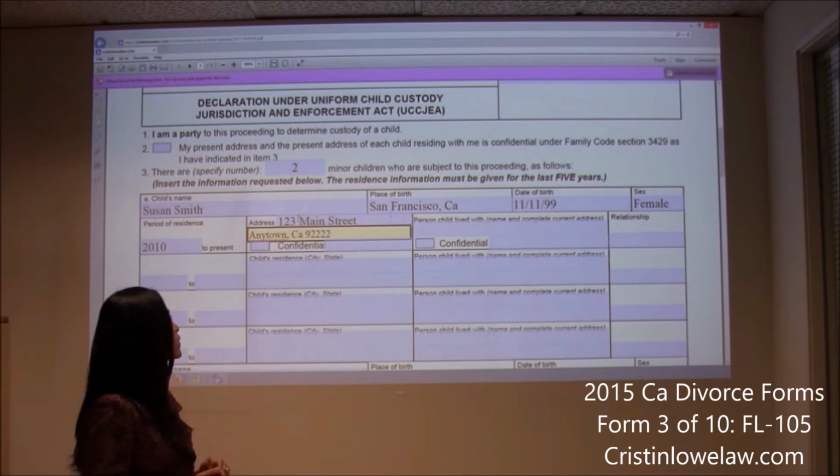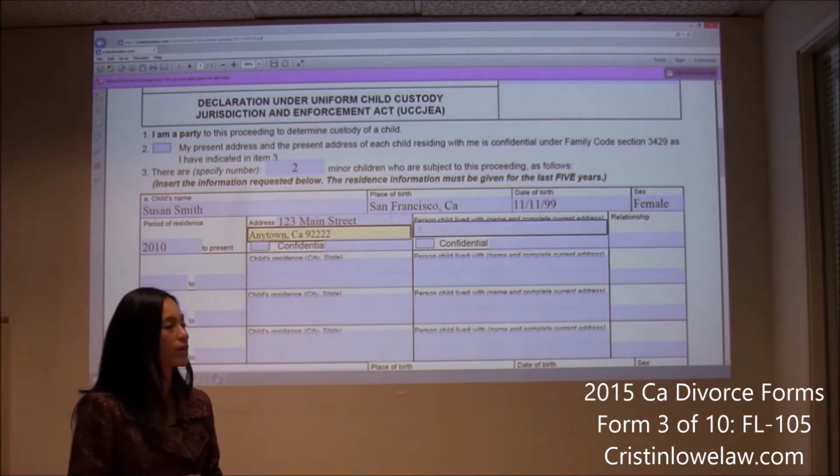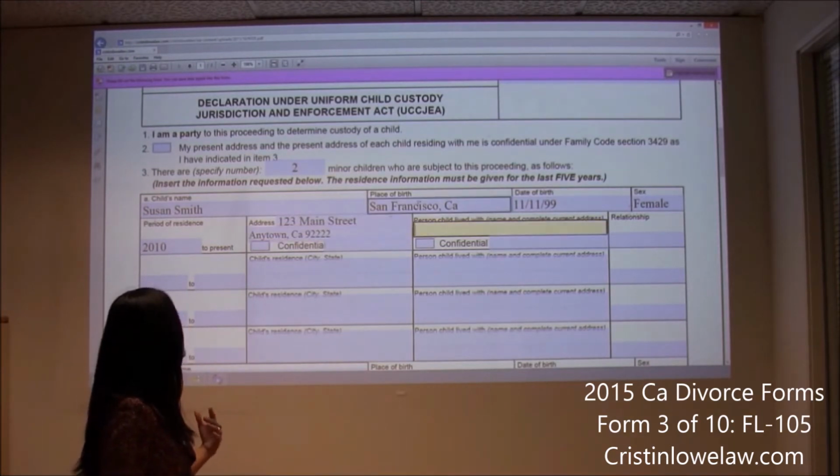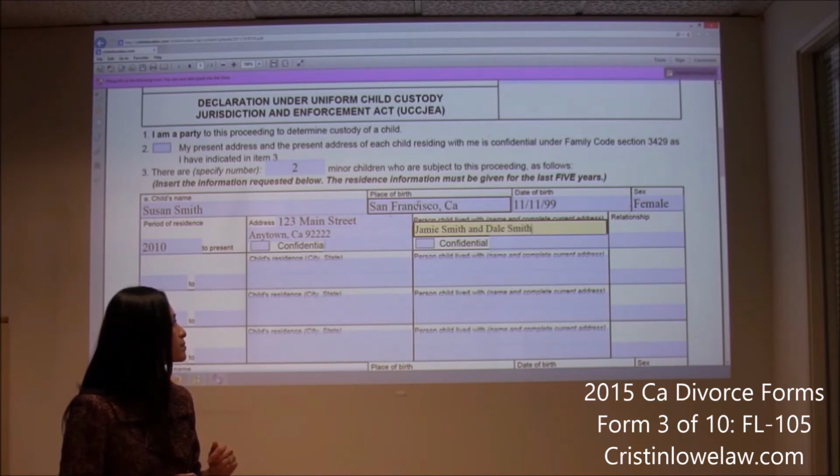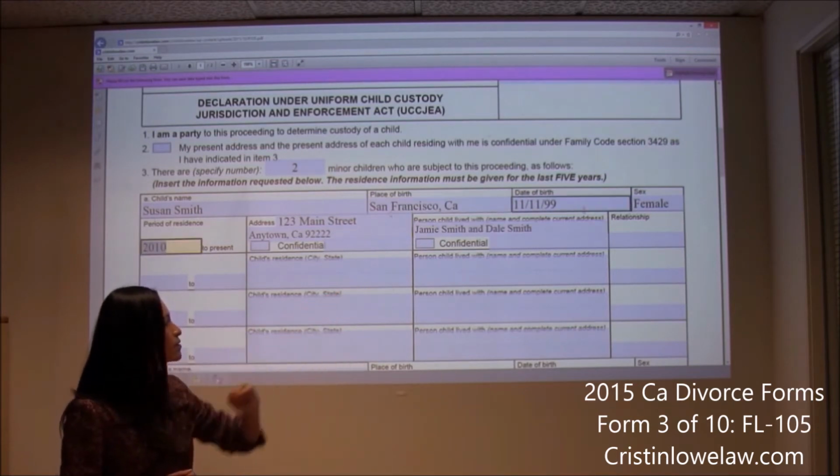And then the person lived with, and we'll say that Susan's lived with Jamie Smith and Dale Smith. And the relationship would be parents. And that's the next box over there.